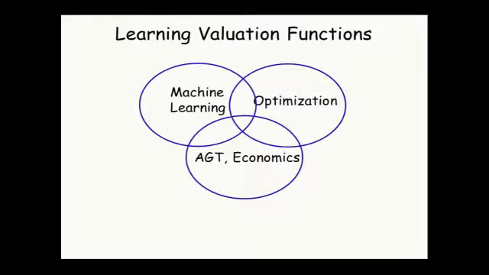All right, so I'll talk about learning valuation functions, which is a topic at the intersection between machine learning, discrete optimization, and economics. And in particular, one of the main motivations of this work comes from algorithmic game theory and economics. The model and the analysis are learning style, and some of the techniques that we use for proving our lower bounds and some of the structural results for our upper bounds come from discrete optimization.